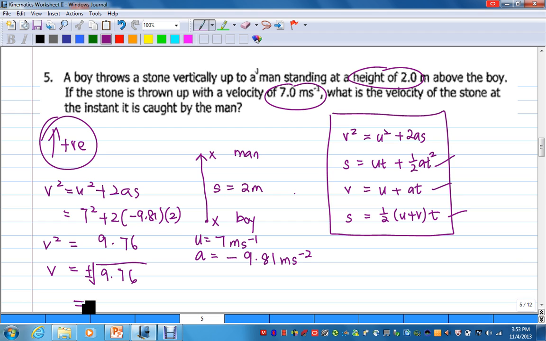So I will take the square root of 9.76, and that will give me a value of 3.12 meters per second. I reject the negative sign, I take the positive sign because the stone is moving